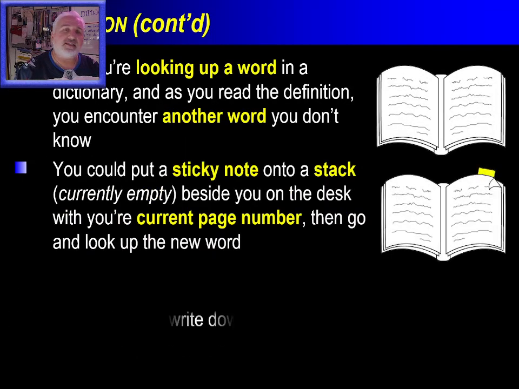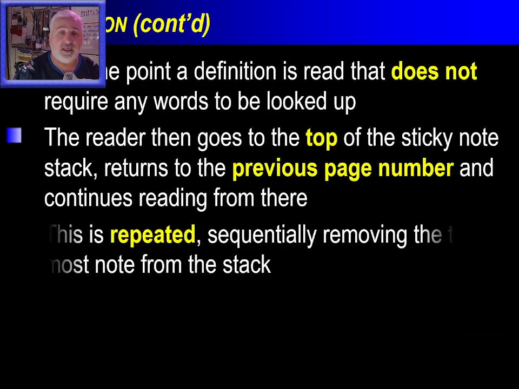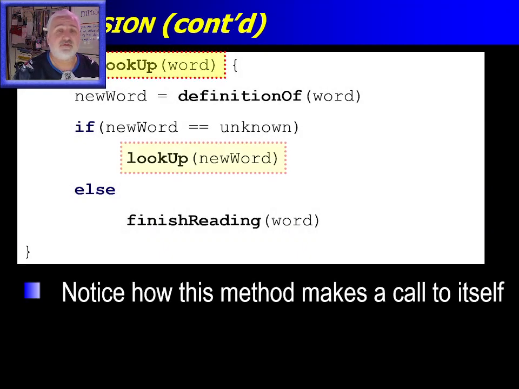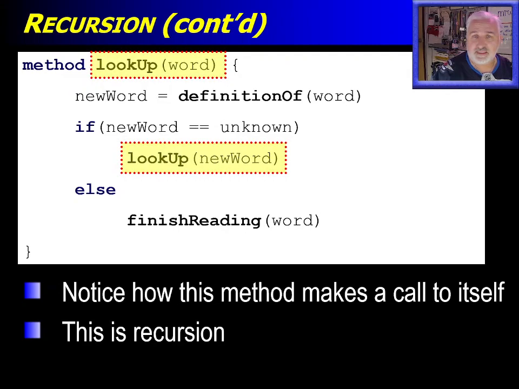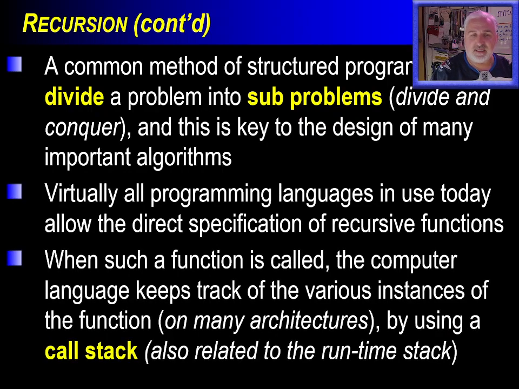So when I did this, I did some in-class examples of looking up a word in a dictionary, which might require you to look up another word, which might require you to look up another word, and then you come back to the word you were looking up originally. I did that in pseudocode. Looking up a word would require you to look up another word, so it could be pseudo-coded as a method that calls itself. All right, we got into more detail of dividing this up and how this is about methods and how methods